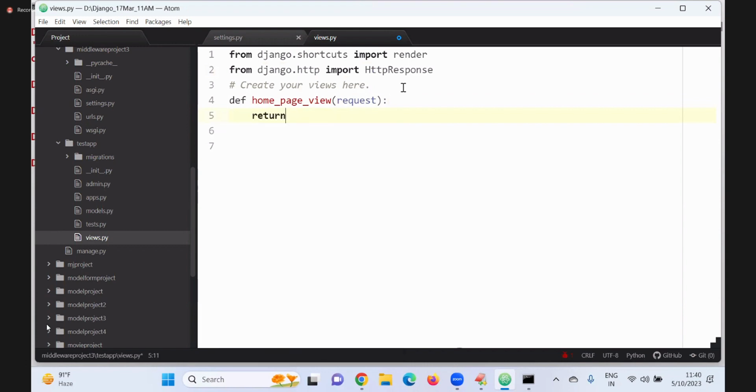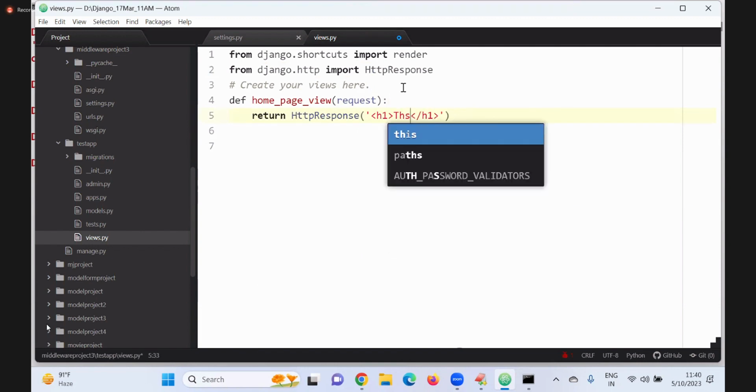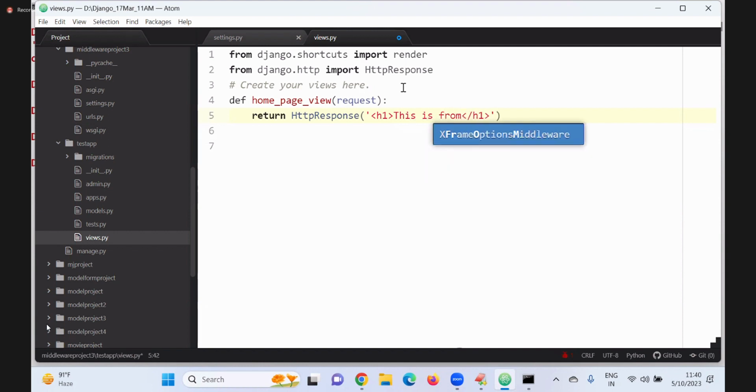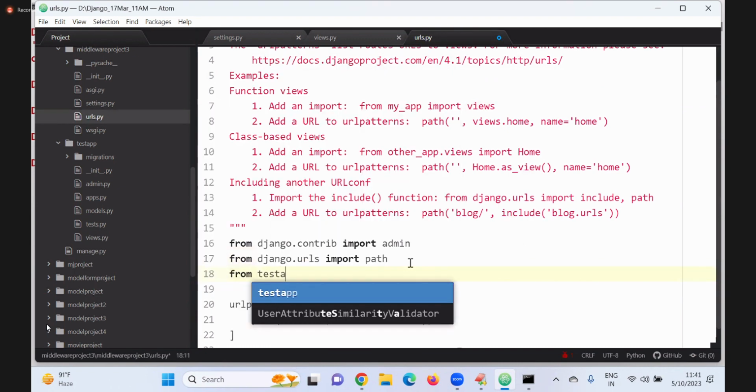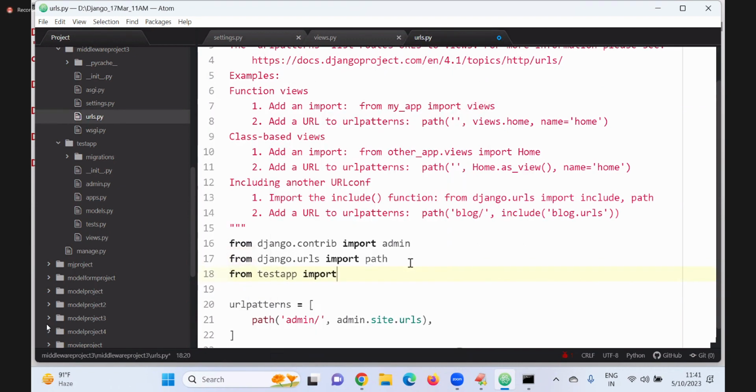Now return HttpResponse, inside single quotes h1 tag, /h1, this is from the view function. Present, no errors. Go to URLs. From testapp import views. Take the URL.